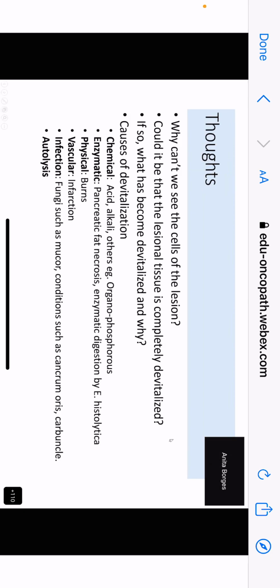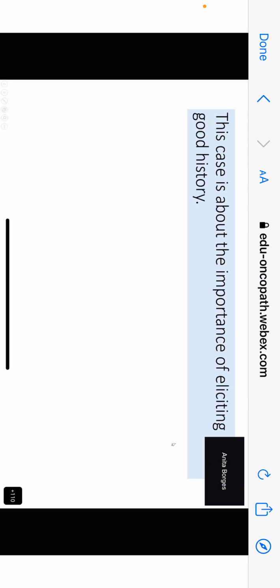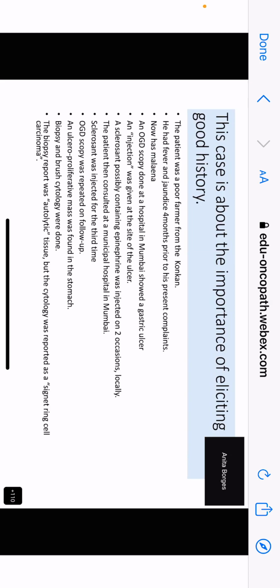Okay. All right. So this case cannot be diagnosed unless we have a history. There has to be a context, okay? So I'll tell you the history, and here is the history. The patient was a farmer from the Konkan, and he had some fever and jaundice which he recovered from 4 months prior to his present complaints. Now he's complaining of melena, and he had a scopy done at a hospital in Mumbai which showed